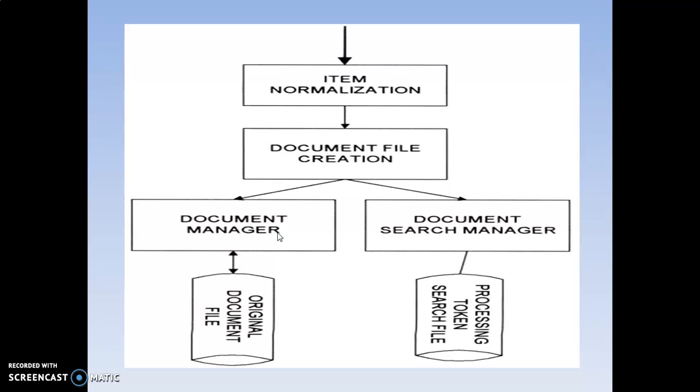If a user wants to search for the word computer, how many times does that word exist in the document? Whenever we press Control F in Microsoft Word, the word you enter into the search box is logically mapped to the number of occurrences where it exists. The document search manager is responsible for all those logical mappings. The original document file is used to identify the text, where the item the user intended to search for exists. Like that, these two play a vital role in searching.